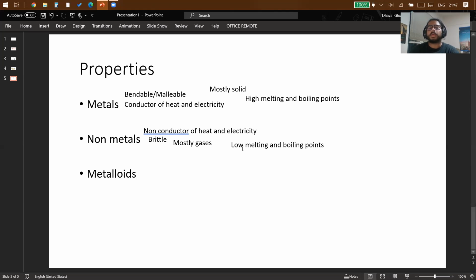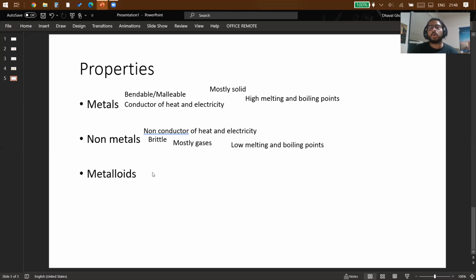I'm sorry, not carbon. Same goes for oxygen, and chlorine and fluorine, all gases. And like I said, mostly are gases, but carbon is not a gas. So there are a few exceptions in both cases, like mercury is a liquid but it's a metal, and carbon is a non-metal but it's solid. So there are exceptions, but the regular trend is metals are mostly solid and non-metals are